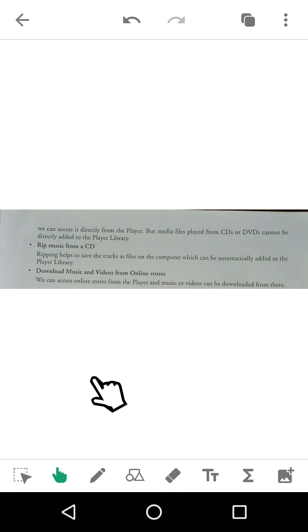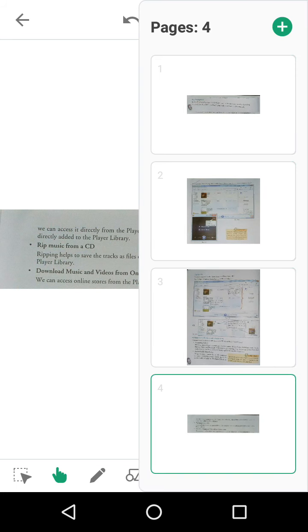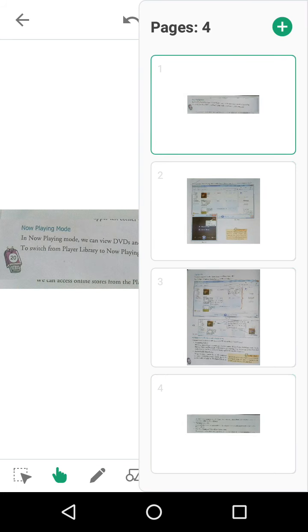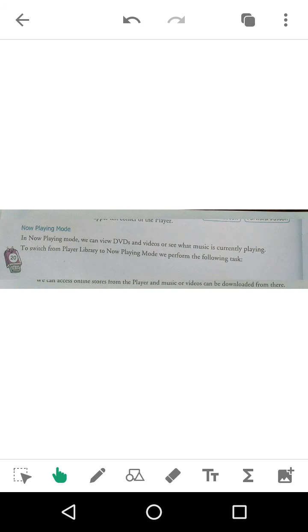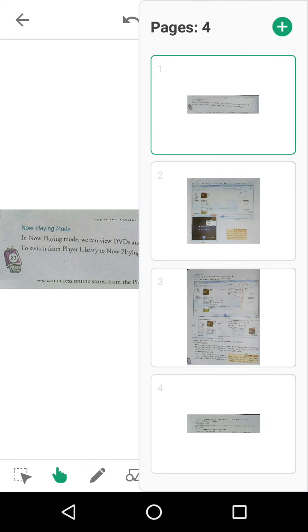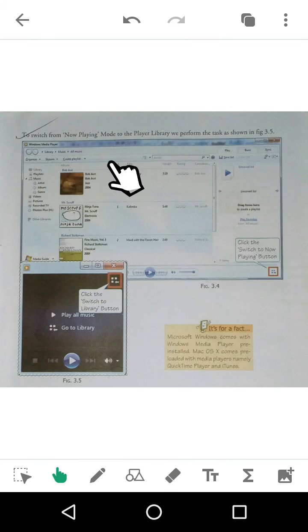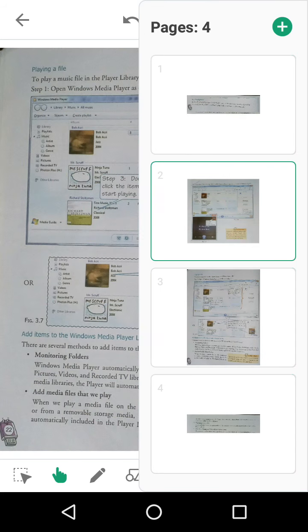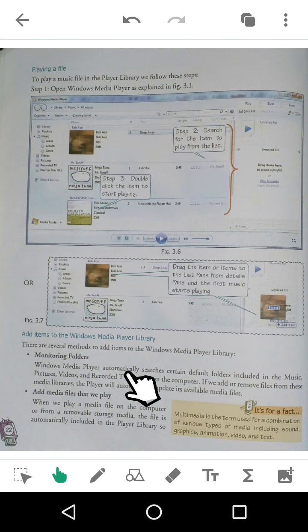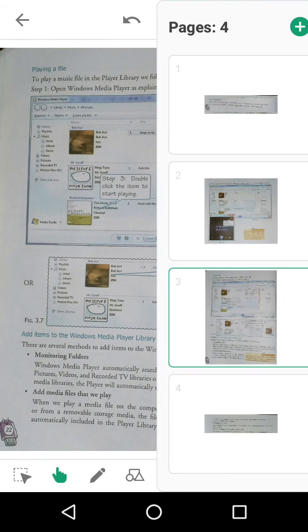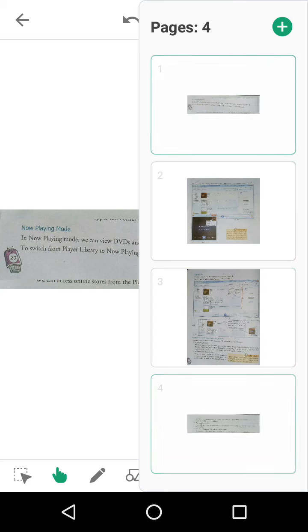So with this we come to an end to today's explanation. Today I have explained how Windows Media Player will display the new songs that get added in our computer, and how you can select or add certain files and how you can play them. So this was our today's explanation.